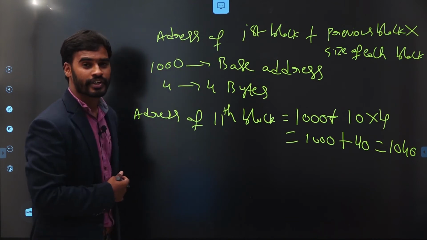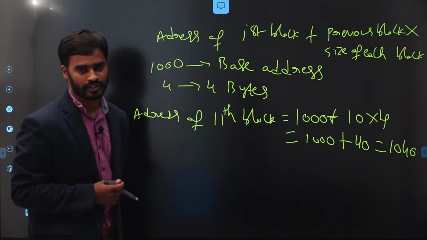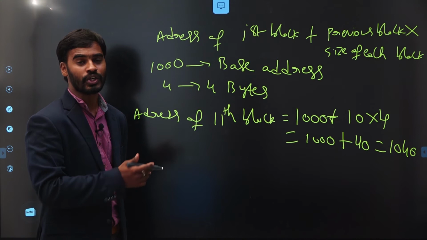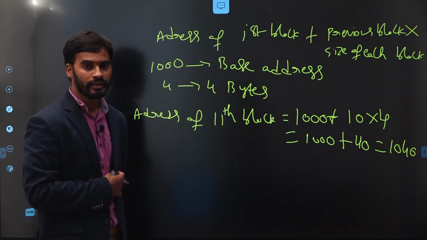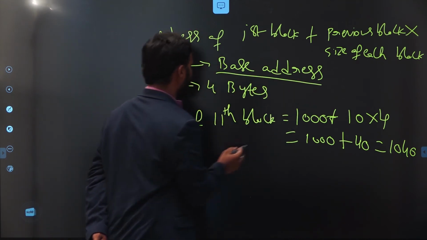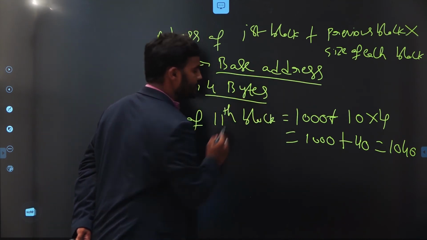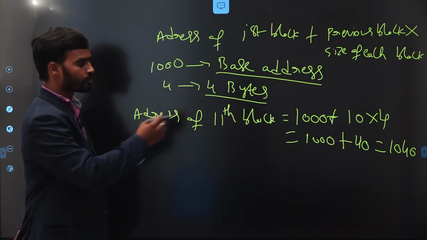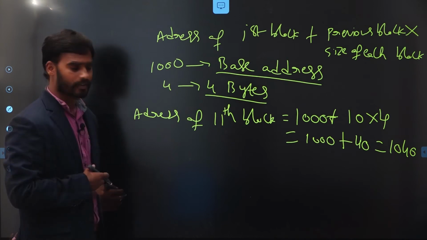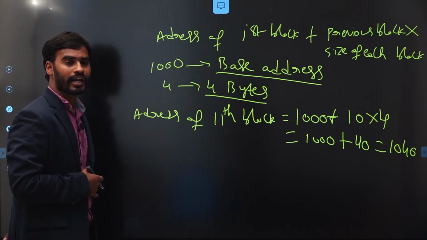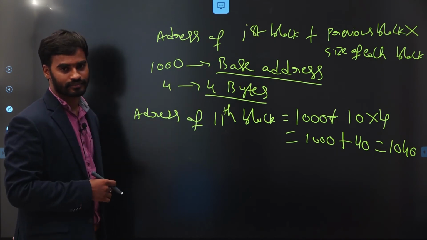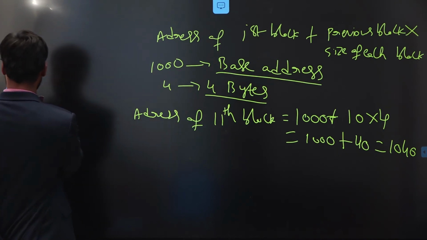Okay, so this is the advantage of allocating memory continuously. You need not give a separate name for each and every variable to identify them uniquely. You just have to remember the base address and how many bytes each block requires. So from that you can compute the remaining addresses. And the next one is, if you know the address, how to find the element in that address.